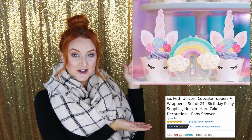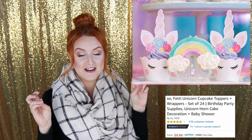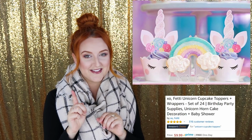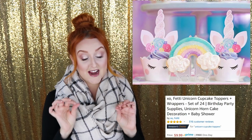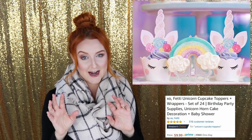I actually don't have the items on hand, so I'll put a little clip here. These are so cute. This is the XOXO Unicorn Cupcake Toppers. I actually bought these for my niece's little birthday party, and they were so stinking cute. The price did go up on these. I paid, let's see what my notes say, $7.99 for 24, and I think the price went up to like $9.99 or something like that, but